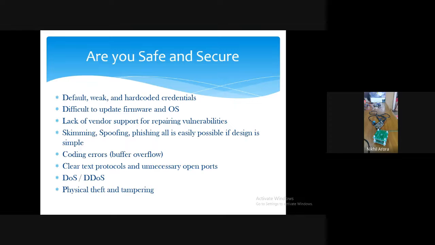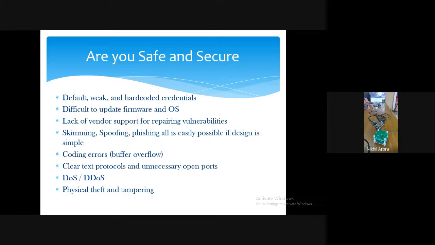Okay, and clear text protocol, what is meaning of this? We'll be using in our demo today. So this clear text protocol I will be using, and we'll see that how easy it is to hack into the cloud and send and read data if you are using clear text protocol. Then denial of service attack, DOS attack. So this kind of attacks are again hackers will use to bring the server down. So it is not able to steal data, but it can stop the server. So connectivity will stop and the server will crash. So this is happening with the DOS attack.